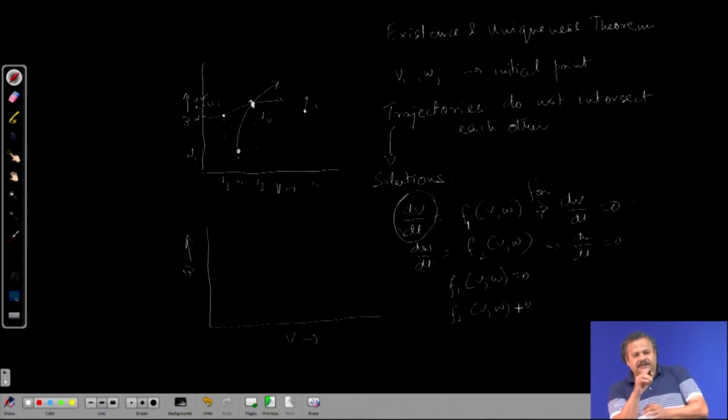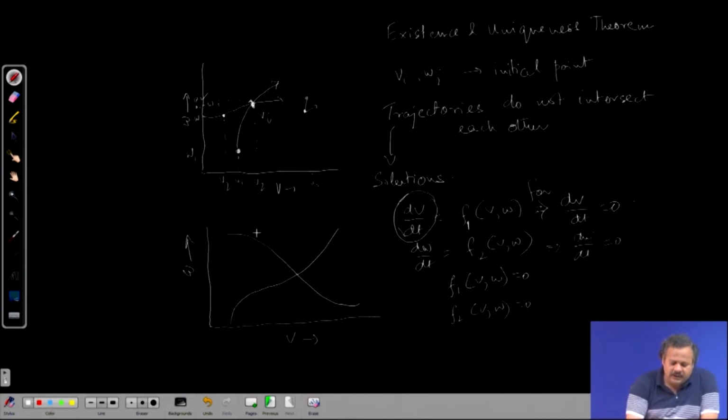That is, if the system is put there, then there is no net change in W. So, arbitrarily, let us say this is the region along which the combination of V and W values come up for F1(V, W) equals 0, or in this case it is F2(V, W) equals 0,